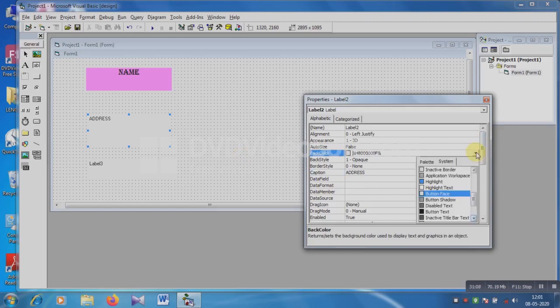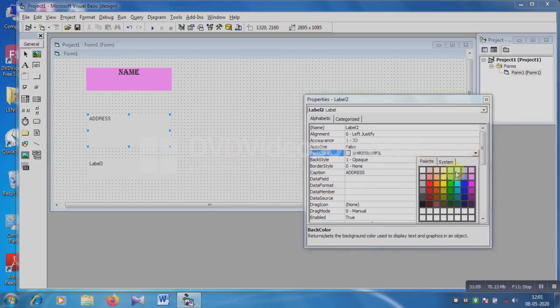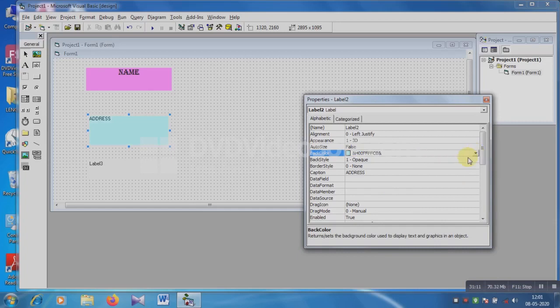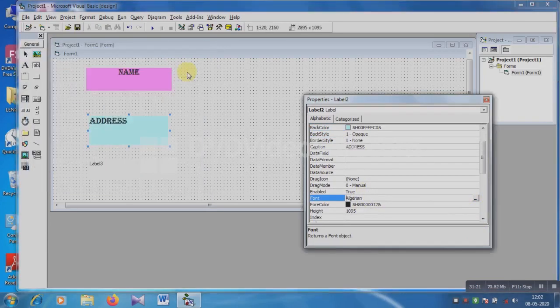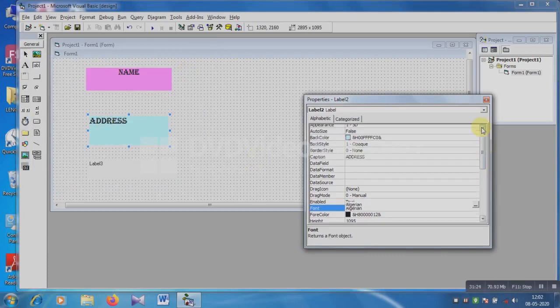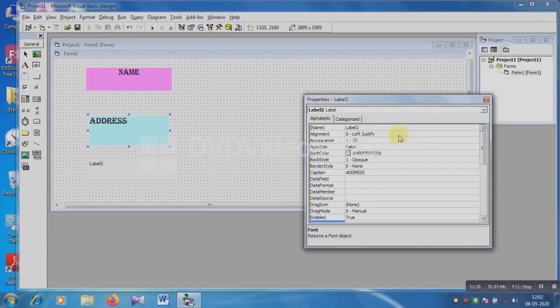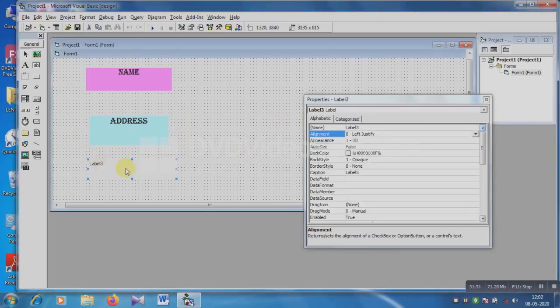Then again choose the background color, suppose I am choosing this background color, and font color. Font style again Algerian, and font size this, and then alignment option again center, I like it actually.